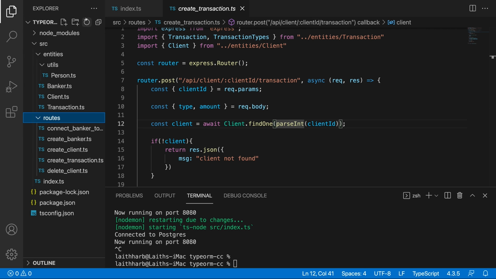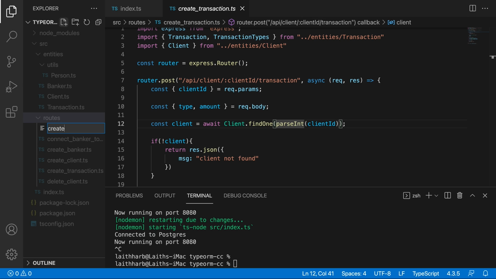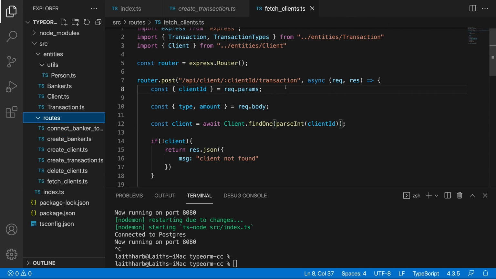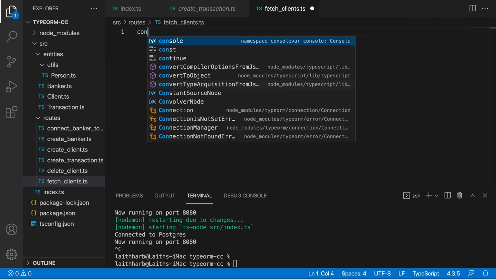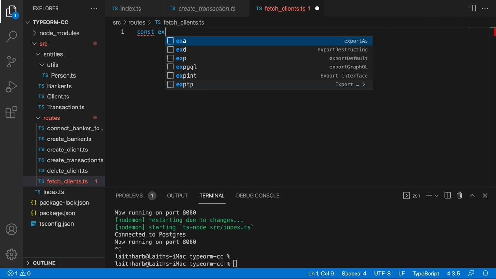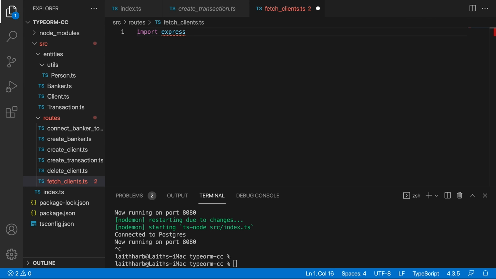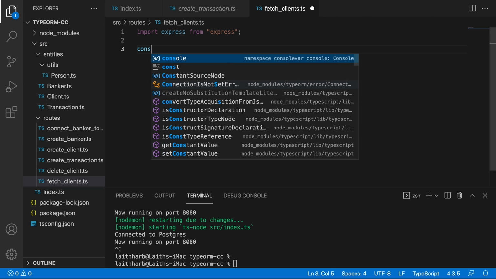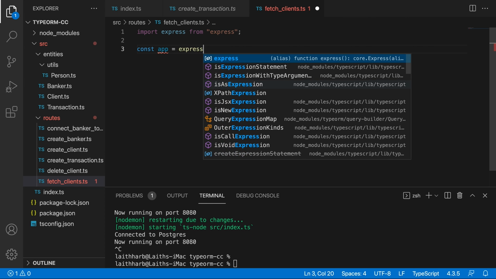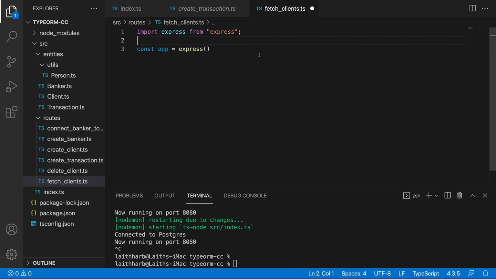So let's just create the route right now. I'm going to say fetch clients. We're not creating anything. Fetch clients.ts, and let's just do a const. I always forget we're using TypeScript, so we can use import. So we can import express from express, and then over here we can do const app is equal to express, and then we can do